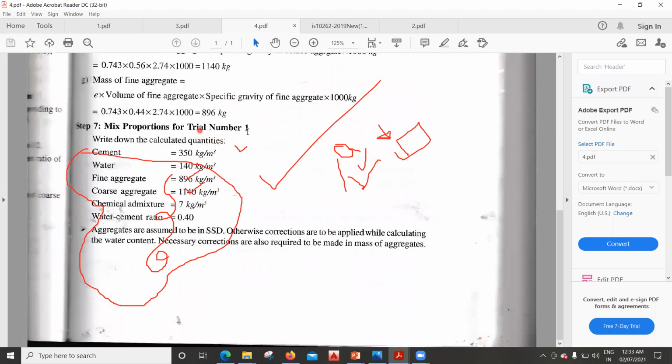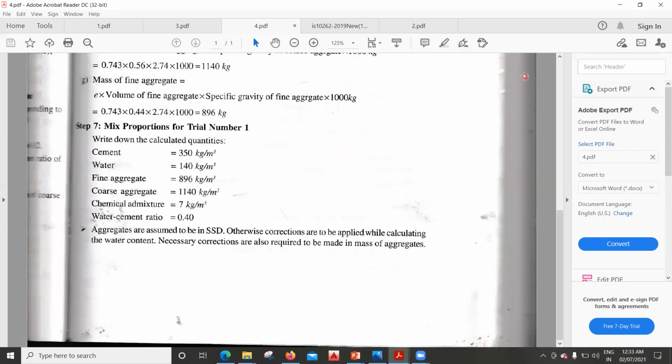So in this way, trial number 1, trial number 2, 3, 4, we try to do in the lab, and finally once everything is done, we say that okay, for this particular requirement, this is the mix design. I hope you are able to understand this entire thing. Anyhow, we'll be taking up another 2 or 3 different problems so that we can master this particular mix design, right? This video has been very long, but I hope you enjoyed this complete mix design, how it has to be done and all.